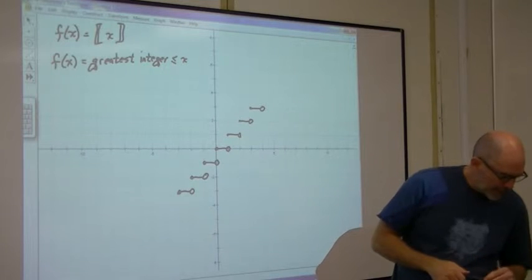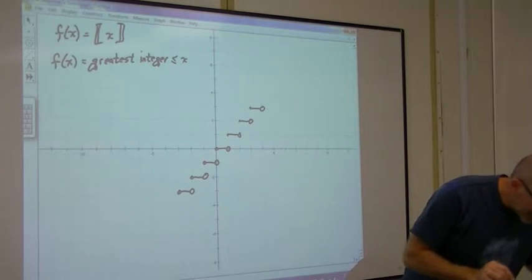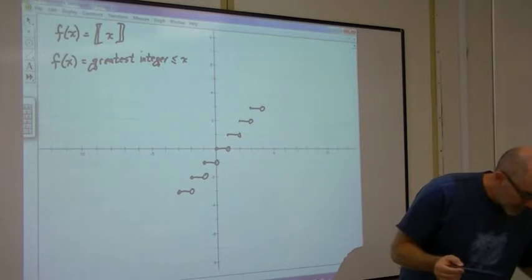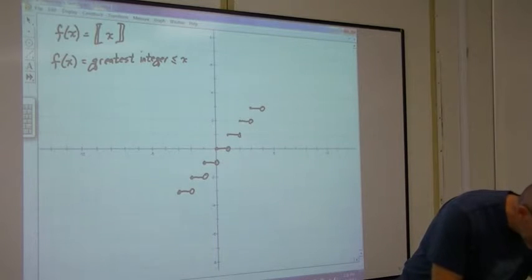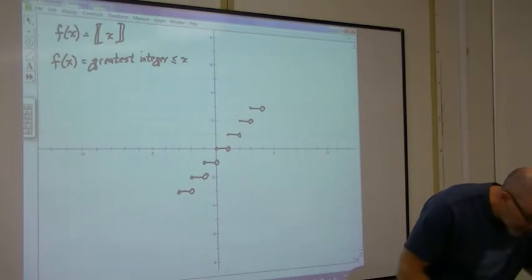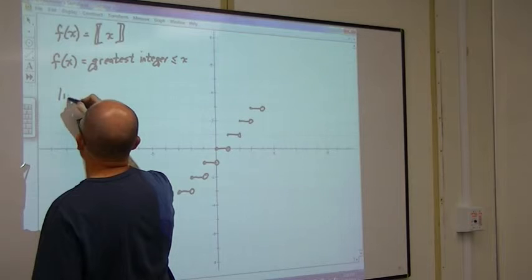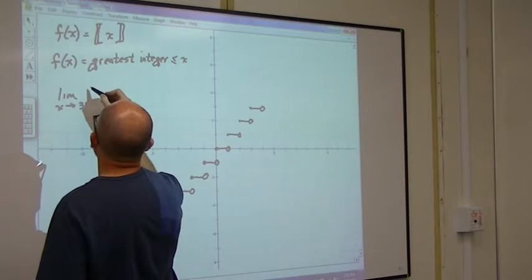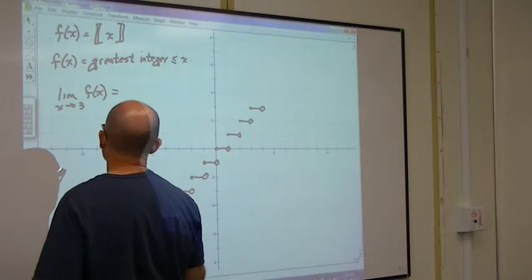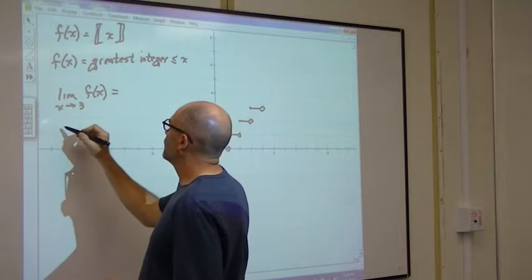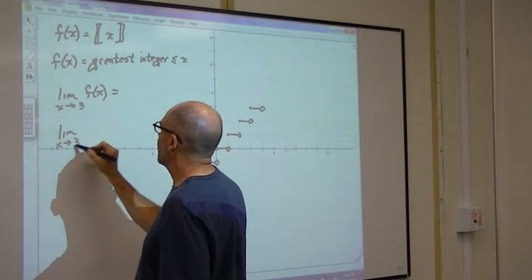All right, now, we want to know the limit as x approaches any integer. So the limit as x approaches 3 of f of x equals what? Well, every time we have a limit we're not sure of, we need to check the left-hand limit and the right-hand limit. So the limit as x approaches 3 from the left,